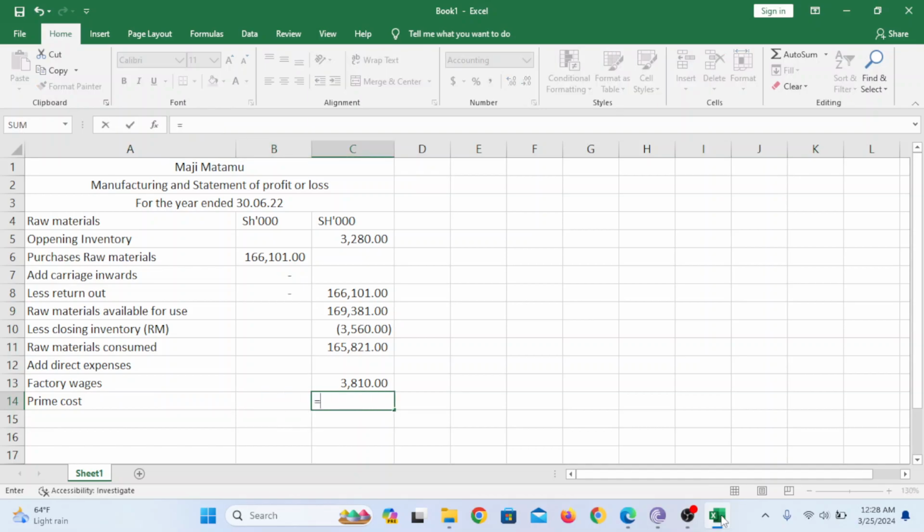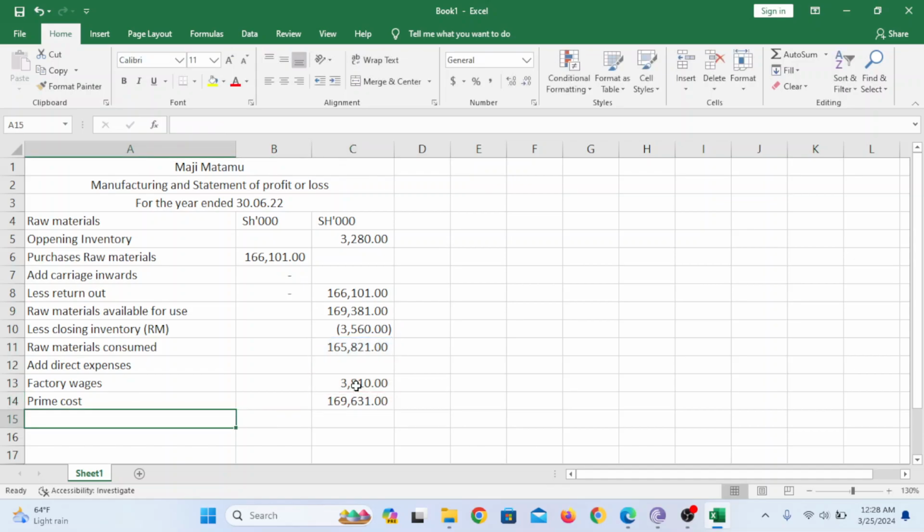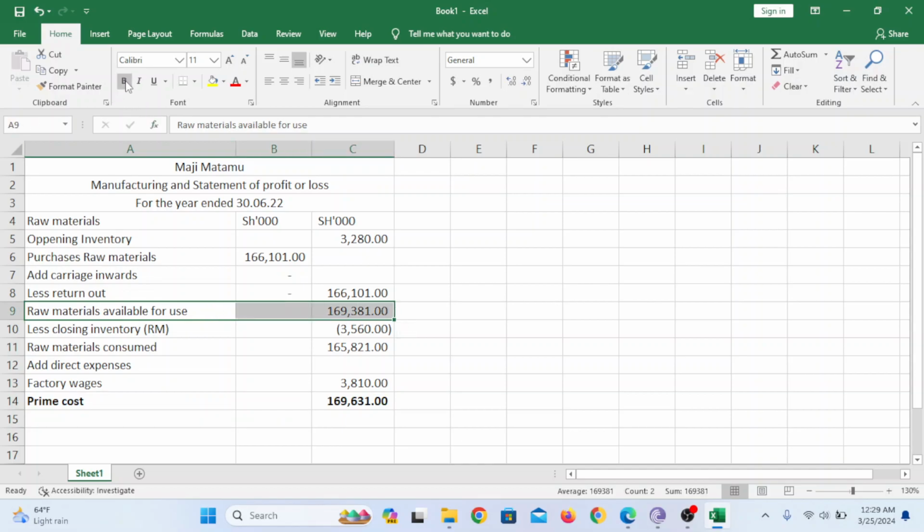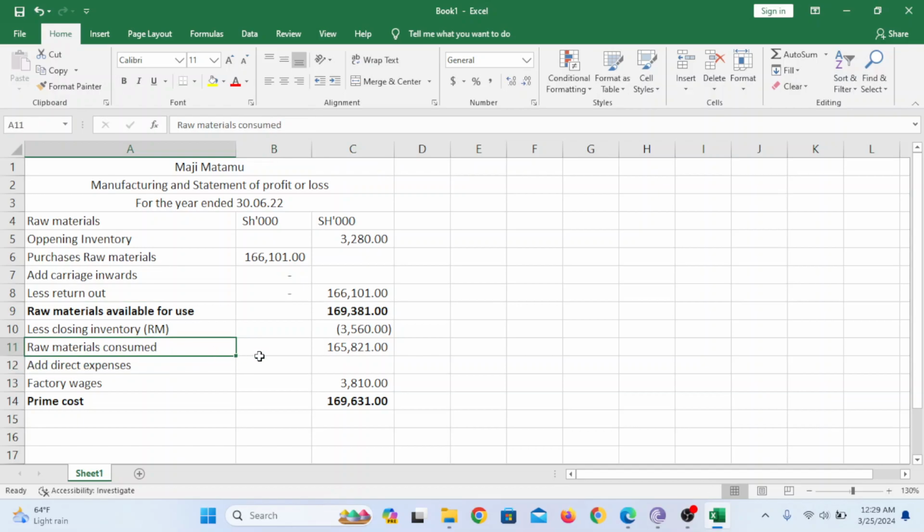So that is equals to 165,821 plus 3810. So that is giving me 161,631. That is the prime cost. So it's like a heading there. Could bold that. Raw material available for use, also I bold it. And then raw material consumed, also I bold that. Yeah. Then we need to add the